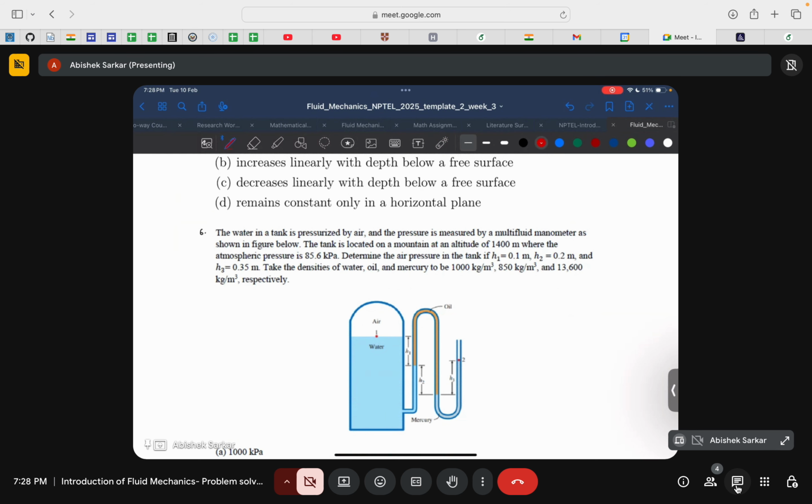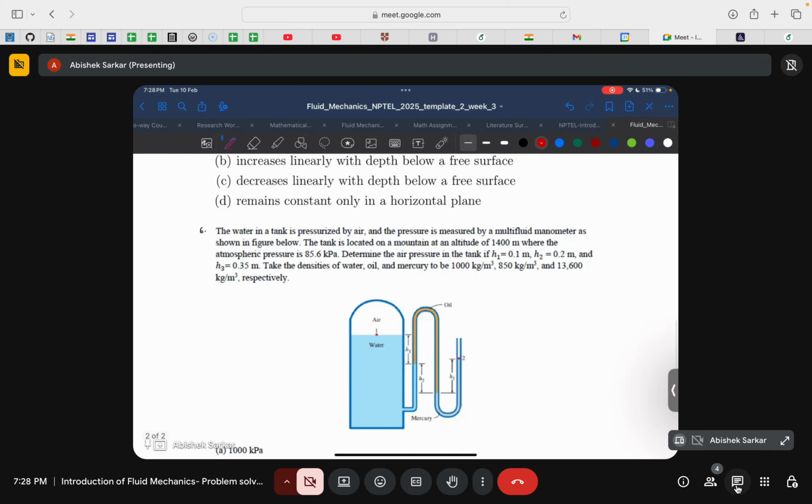Water in a tank is pressurized by air, and the pressure is measured by a multi-fluid manometer. Okay, there are two fluids now. The multi-fluid manometer is shown in the figure below. The tank is located on a mountain at an altitude of 1400 meters, where the atmospheric pressure is 85.6 kilopascal. Since it is an altitude, the air would be thinner, so the pressure is 85.6 kilopascal. Okay, determine the air pressure of the tank if H1